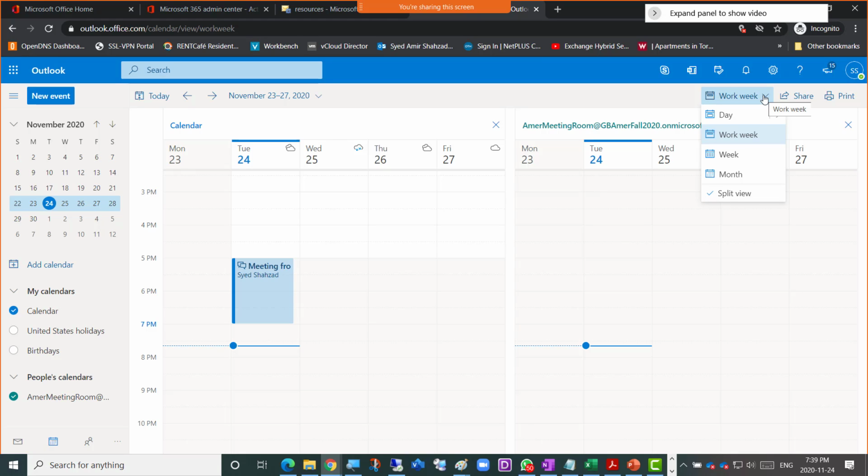How did you create the meeting? John, for now skip the meeting. So skip the meeting here. It's okay, don't create that. I just want you to put in the screenshot that you are seeing two calendars simultaneously, and the meeting room calendar is showing there with the split view, right? That's what you need to show. Otherwise here